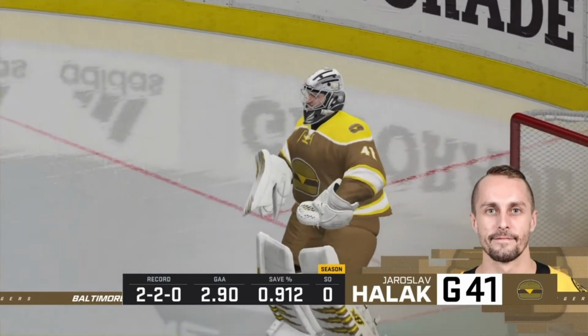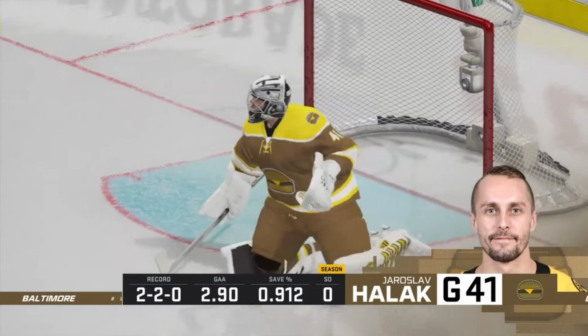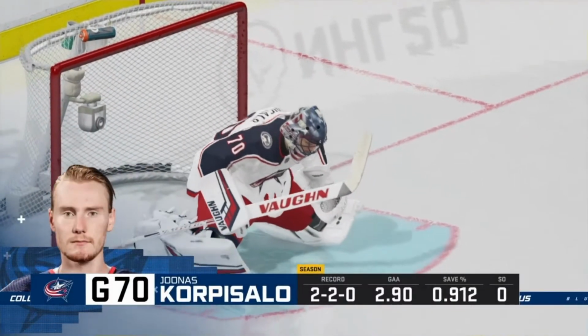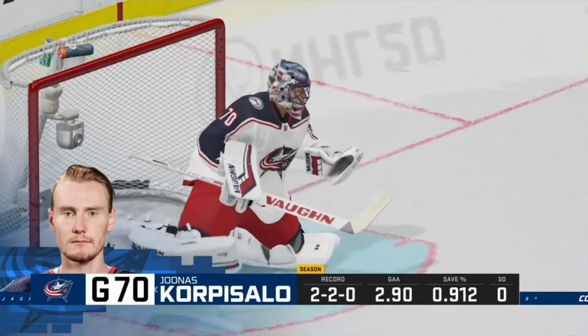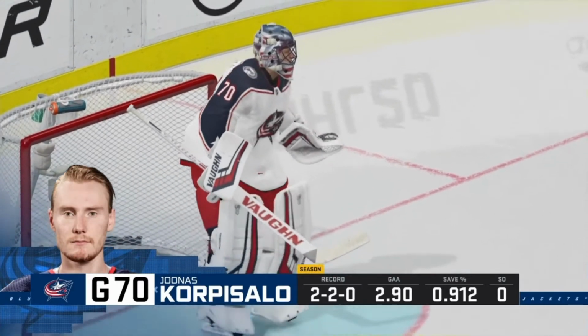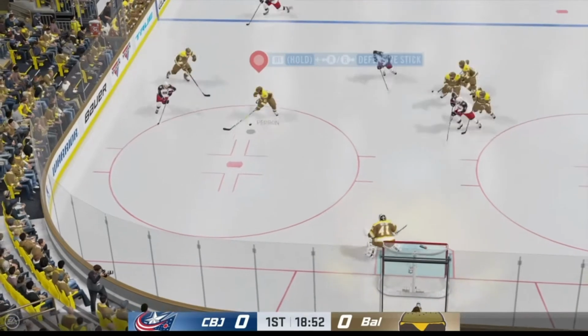Halak back in net. He's 2-2 with a .290 goals against average right now. Joonas Korpisalo is 2-2 with a .290. I feel like NHL is having some kind of issue because I don't feel like all these goalies should have